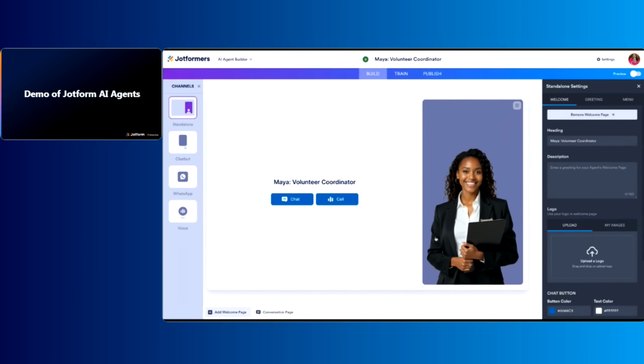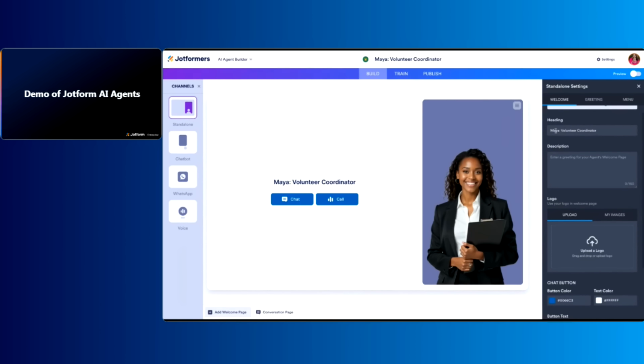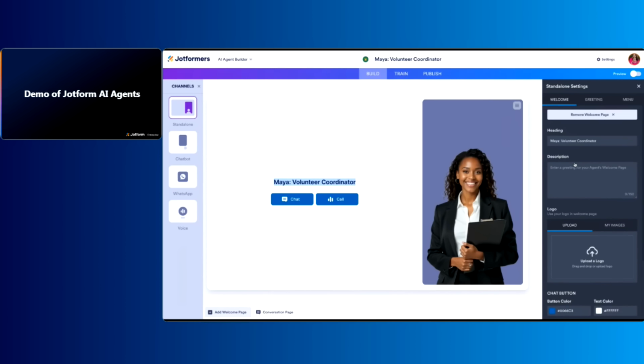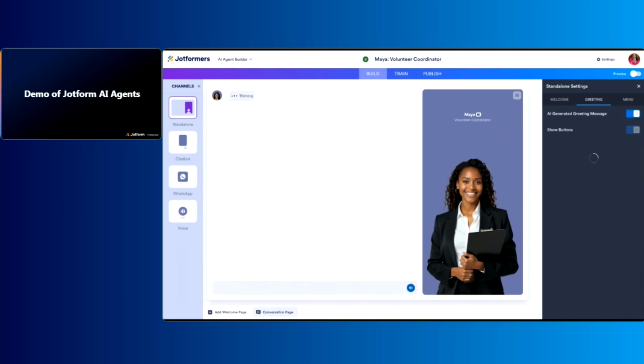So for example, here with the standalone agent starts with a cover page or a welcome page. We can remove that, or we can customize it. I can change the heading that we're seeing right here. I can add a description, upload a logo, change chat button colors to make it more aligned with my branding, for example. Once customers or users start the conversation, they move to the greeting page that can start with an